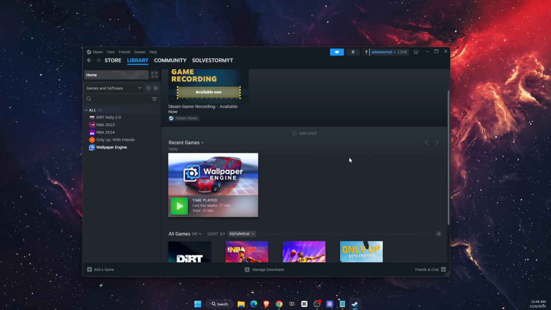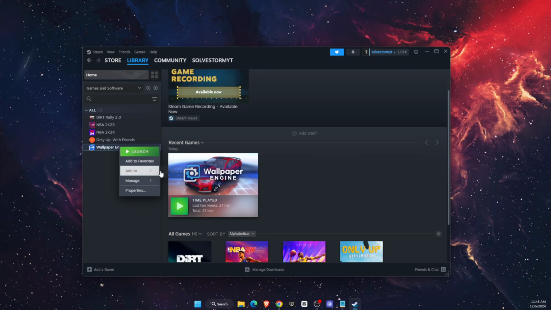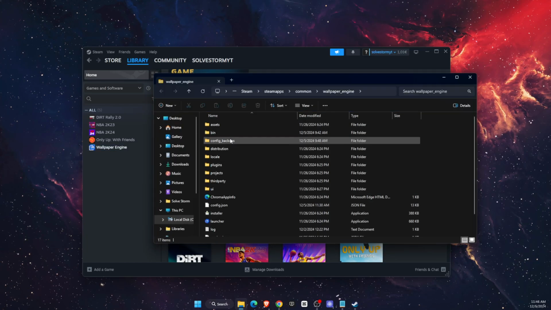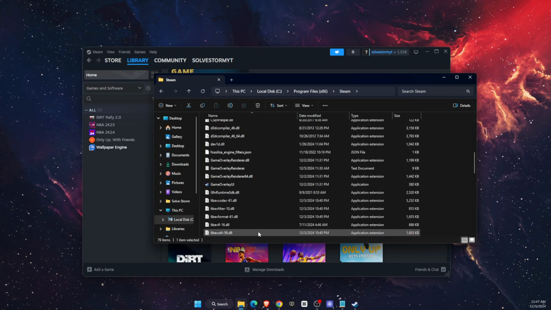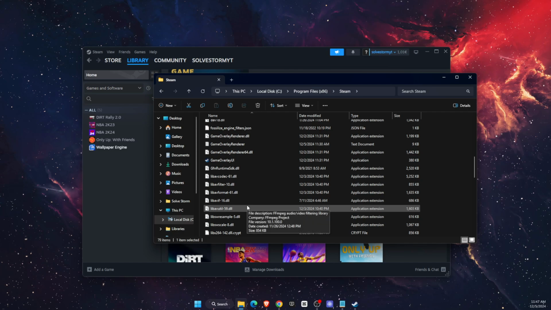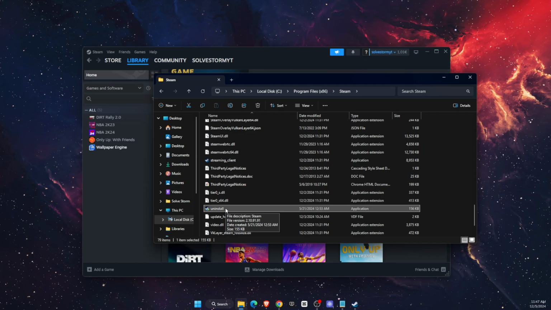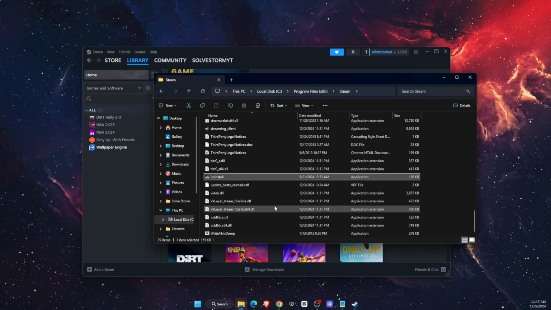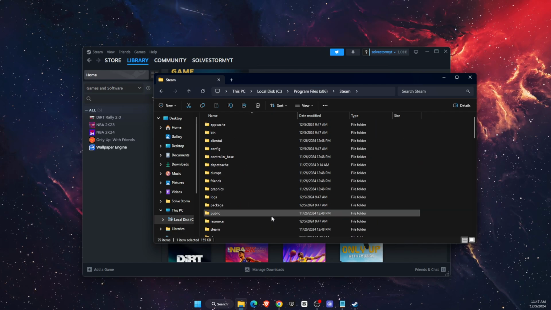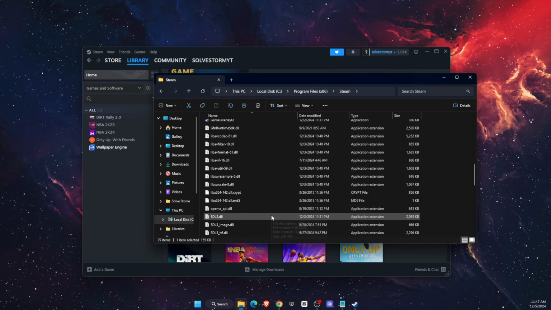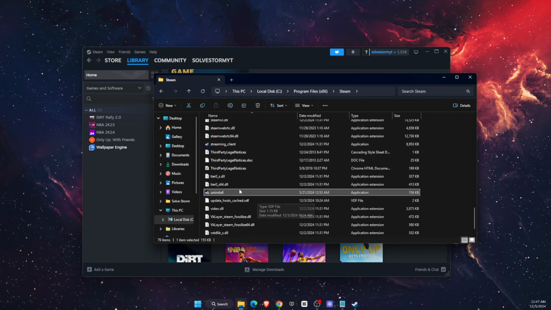Now, if that didn't fix your problem, you want to go to Steam, manage files, browse local files, and go to Steam. And here you should see all of the DLL files necessary. But to really fix this problem, the best option would be to just uninstall Steam and install it again. Basically, delete all the files from Steam and then install it again. So try to do that. If the beta update didn't work for you, then you should just uninstall it